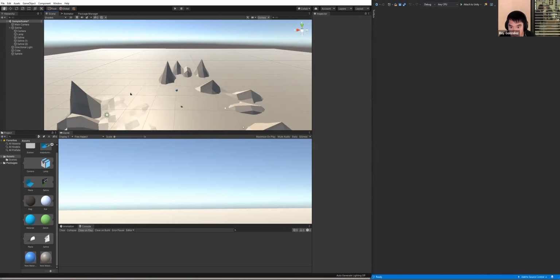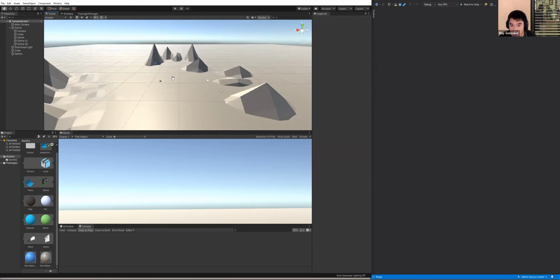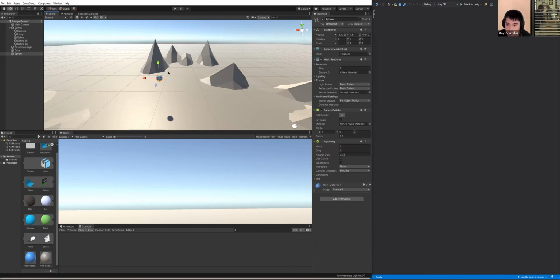And so now what I want to do is add a script so I could actually move the ball. So I'll make this pretty simple. To add a script, if you click on the object and then go into the inspector, you could add different components. But if you want to add a new script and code it yourself, you could either click on new script, or you could just type in what you want to call the script. So I'm just going to call this player movement, and then I'm going to hit enter